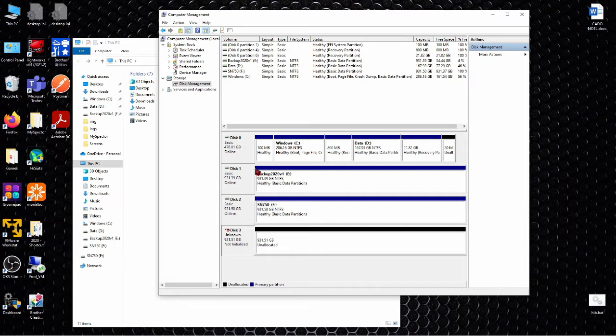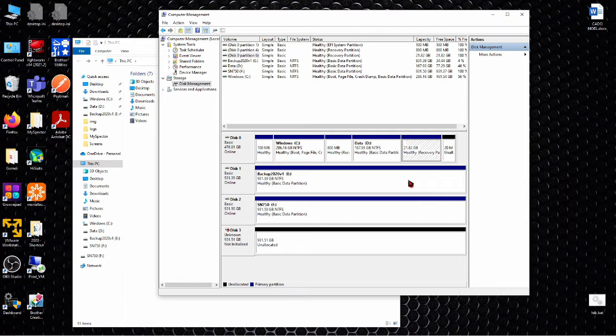The idea behind is that I do not want to clone exactly this disk to this disk because I have here some recovery partitions that I do not need anymore, and I only want to put inside the new NVMe drive the UEFI partition, the Windows partition and the data partition.